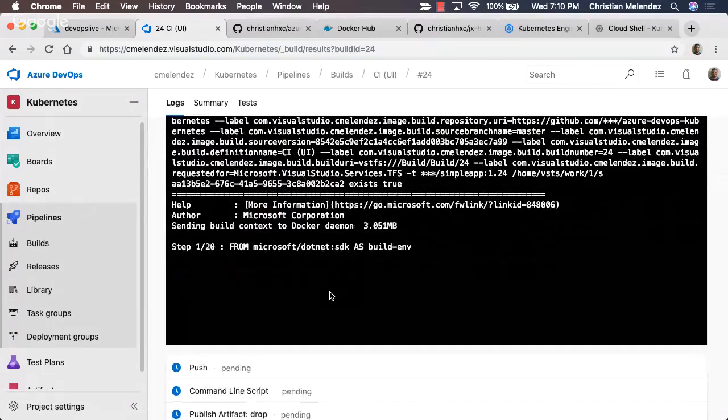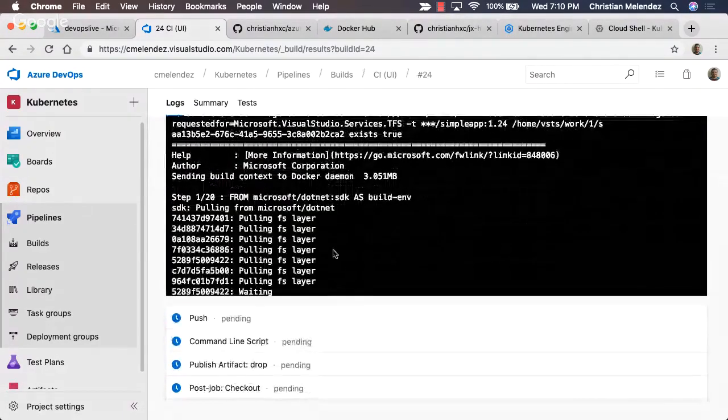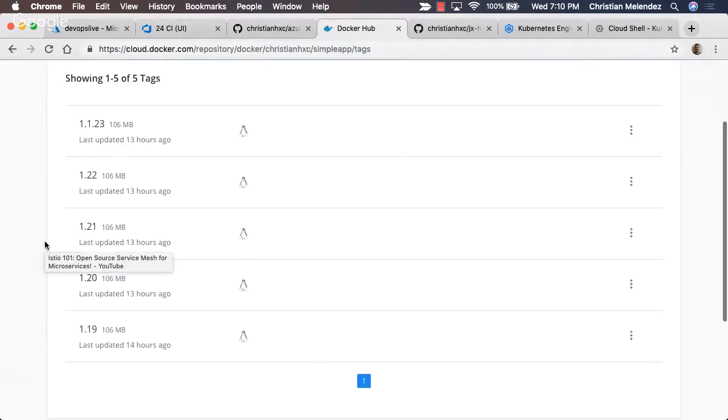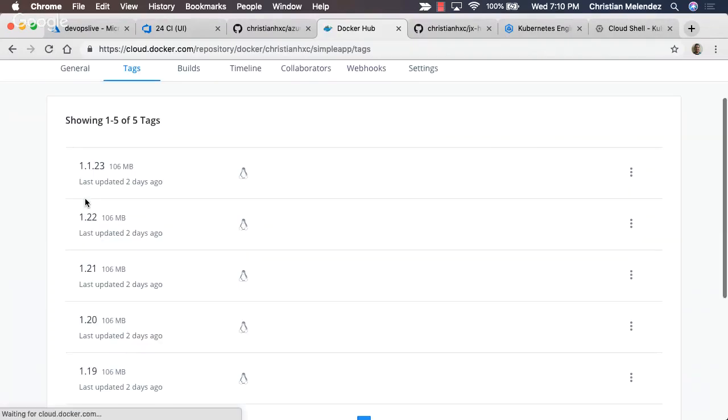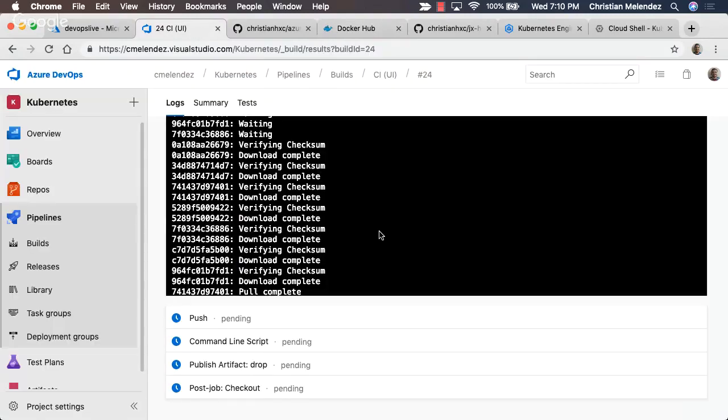It is just pulling the code here. It is building a new Docker image, and you can see here that these are the images that I have for that application. And the last version is gonna be this one, which was updated 2 days ago. So you will see that this will take